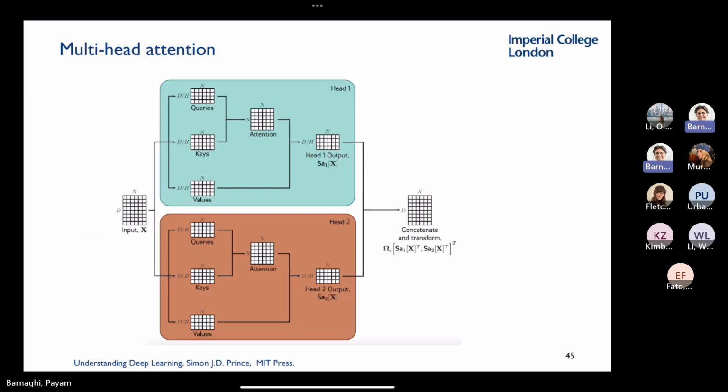But the architecture didn't stop here. I said it had multi-heads. Here I've shown two, not me, Simon Prince has shown 2 heads, but you have multiple heads. Some models might have like 7, I don't know, different heads. And each of them will have their own self-attention weights. And what we do, we concatenate them together and then feed it to another fully connected network. Yeah, so far so good. If we have done it, then we can feed it and start predicting.